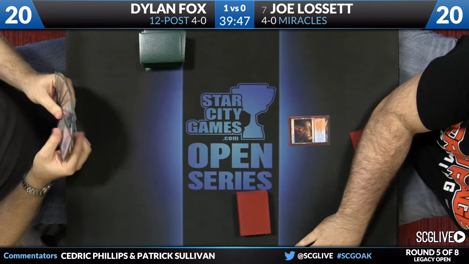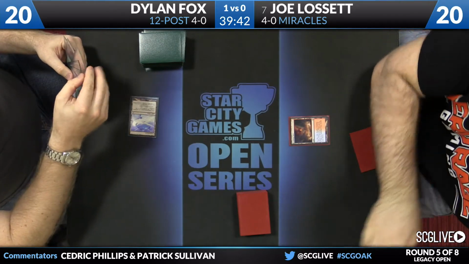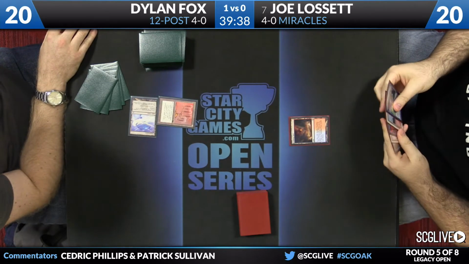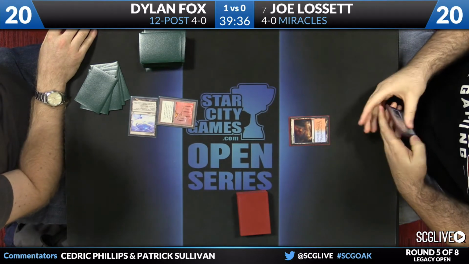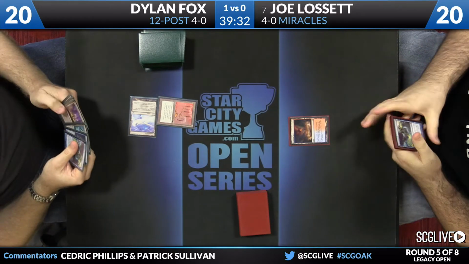Scalding Tarn is going to start things off for game number 2. This is a Glimmerpost into a Candelabra of Tawnos. I have a feeling that that'll be okay. That one's not too threatening to start. It can get ugly, of course, but...